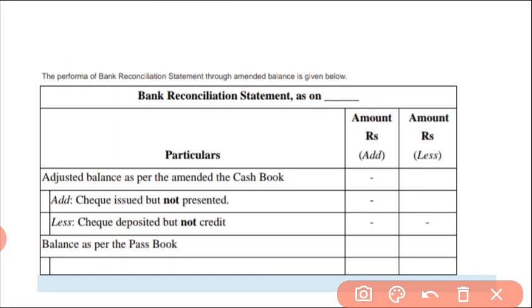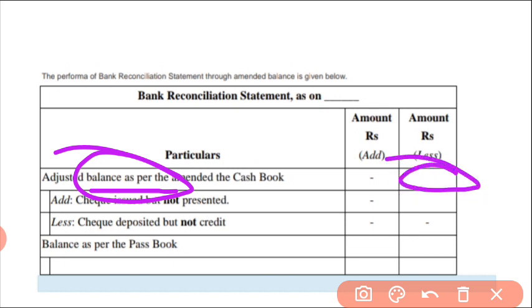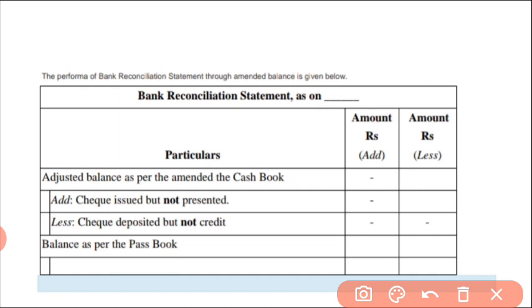Okay, or सुनिए, sometimes if an overdraft is given, in that case, students, you have to record it on the credit side. Okay, after that add cheques issued but not presented. What? Cheques issued but not yet presented for payment. When someone issues a cheque, मतलब bank issues a cheque, but that cheque is not presented for payment. When payment is presented, then what happens? You will get cash, your cash book will increase. That is why you have to record it in the plus item.